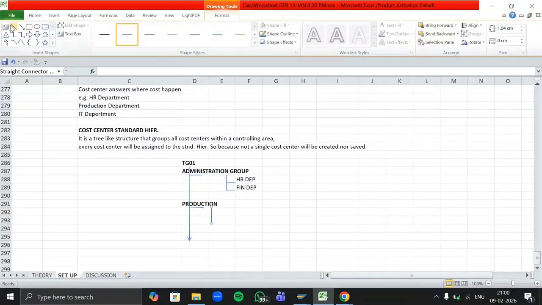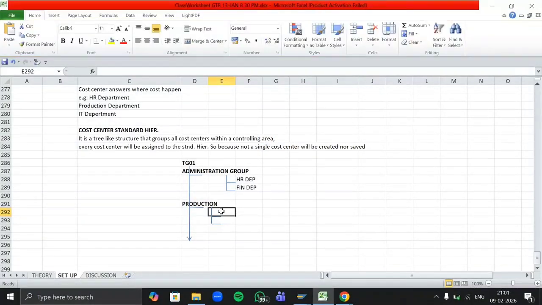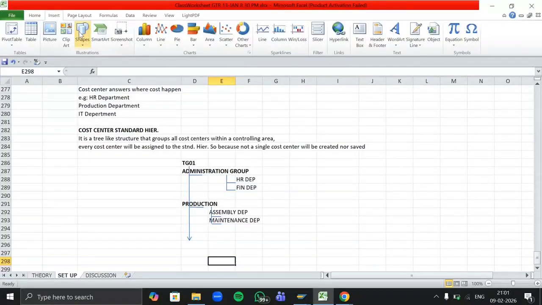So let me create like that. I'm creating it as assembly department and maintenance department. Then I have a sales group. Under the sales group I'm creating my sales department over there.